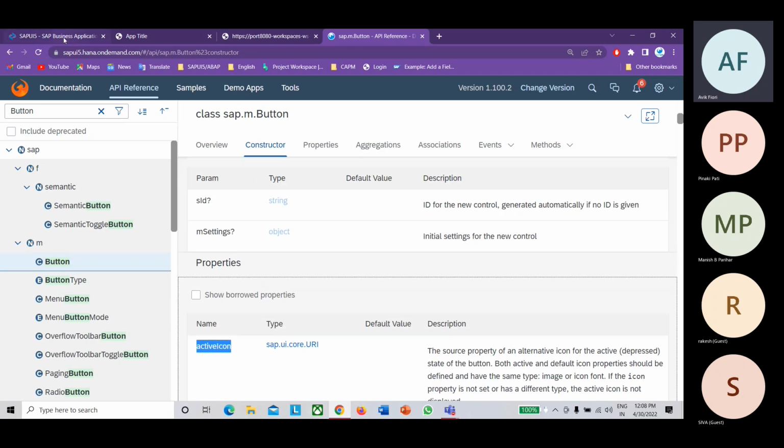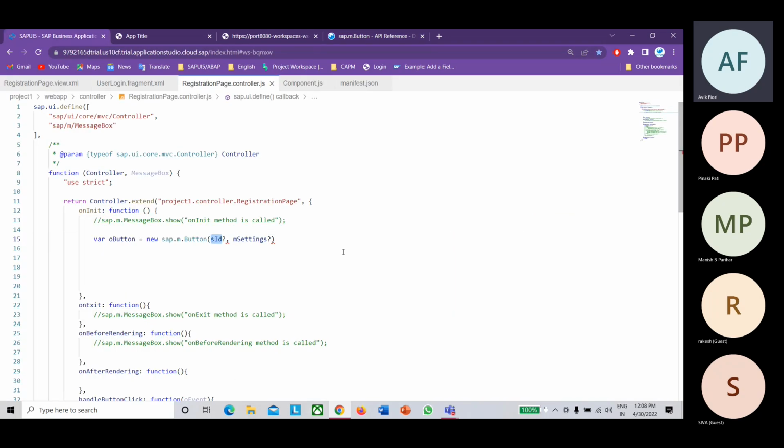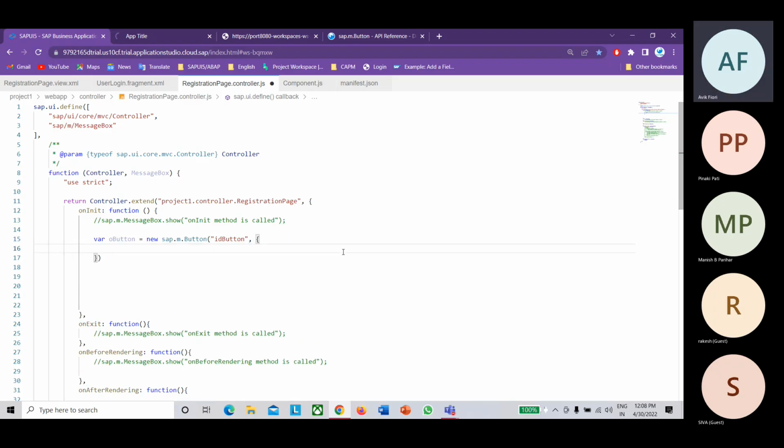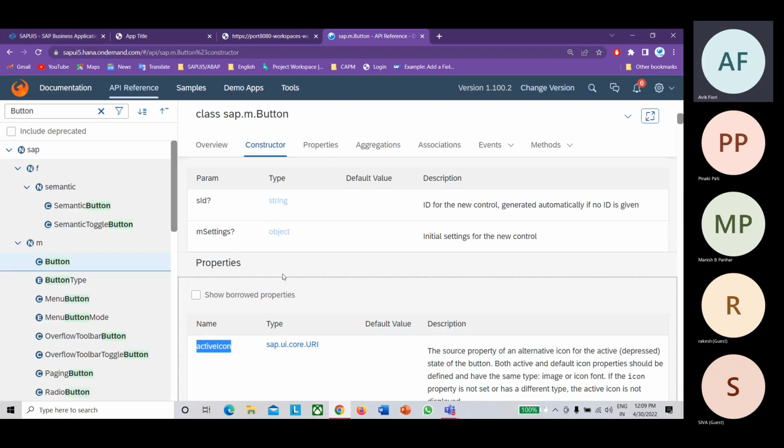So I'll do one thing now. Let me add the ID: I'm adding idButton. Now this mSettings is our object, and inside this object you need to add the properties.